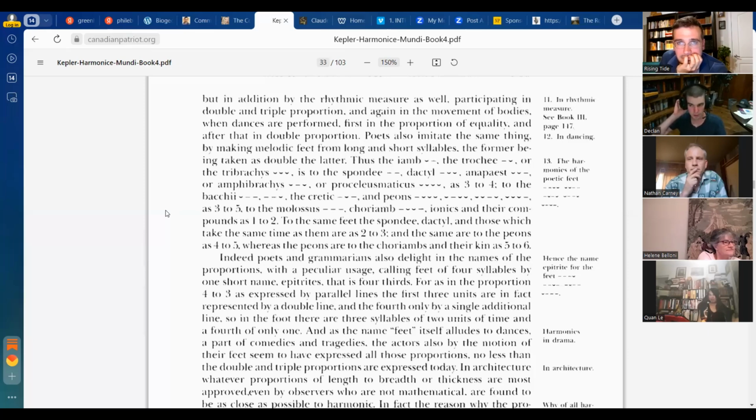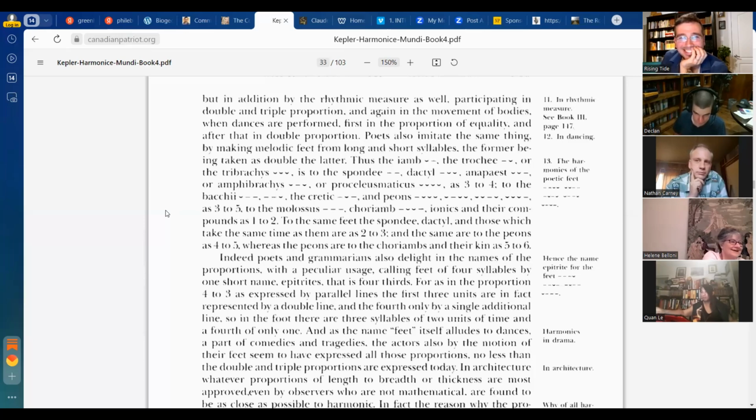Poets also imitate the same thing, by making melodic feet from long and short syllables, the former being taken as double the latter. Thus the iamb, di dum, and trochee, dum di, or, oh my goodness,